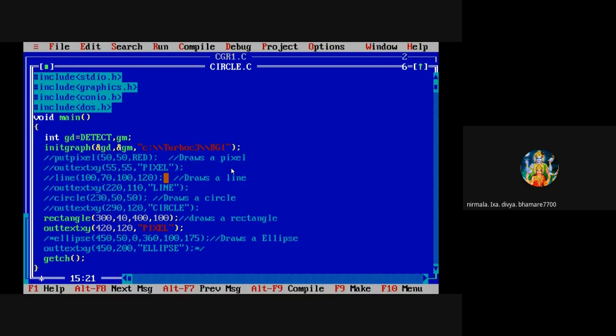So in this way, a rectangle is displayed on the screen. Why is it showing pixel? Here the text should be rectangle. Okay. In this way, a rectangle is drawn on the screen.